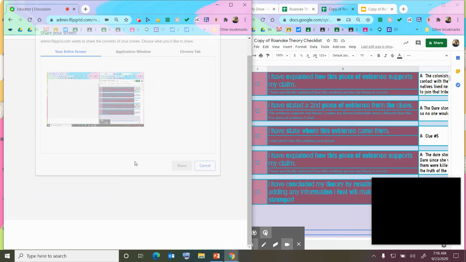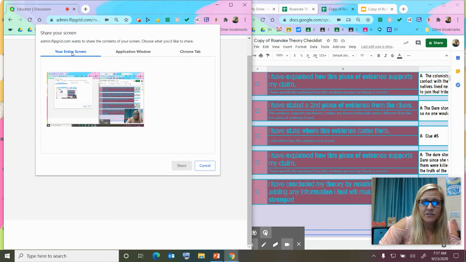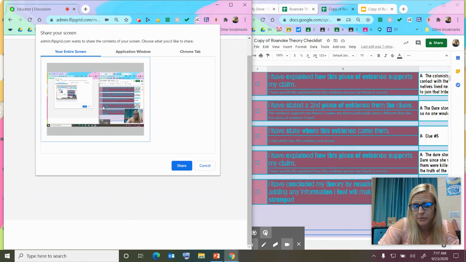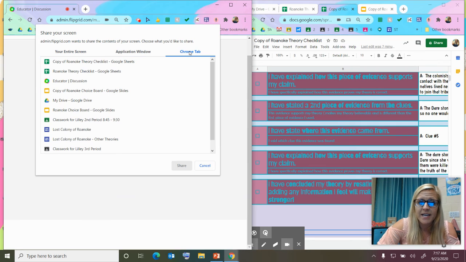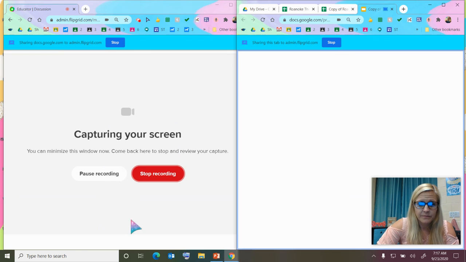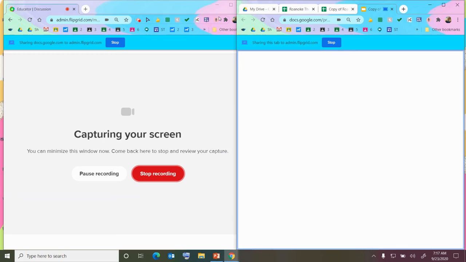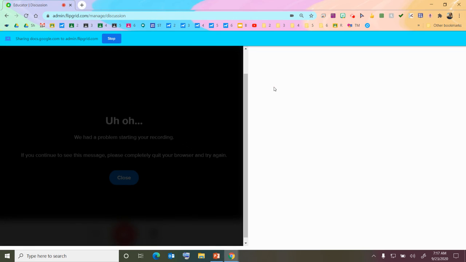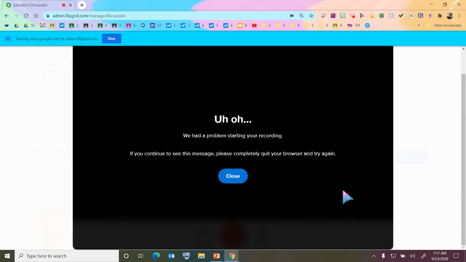So you can do start screen recording, and you've got the choice of your entire screen, an application window, or a Chrome tab. I already have the presentation I want to use, which is just slides with 3 pictures on it, in a Chrome tab. So I'm going to click on this, and I know that it's under this. This is what I've named it. So I'm going to share that in my video. And it's going to tell me I can maximize it, or I can keep it half and half if you still want to use your